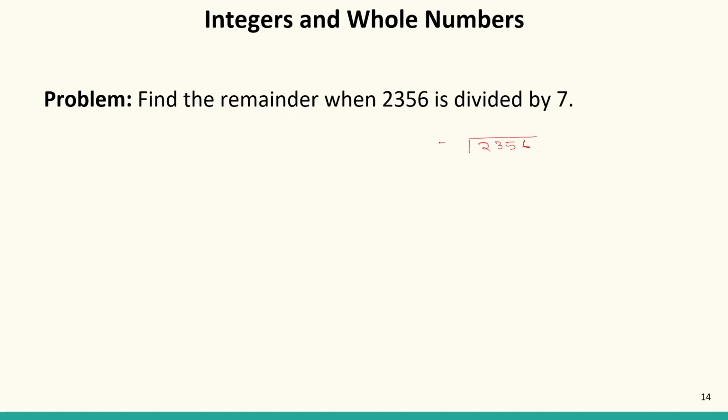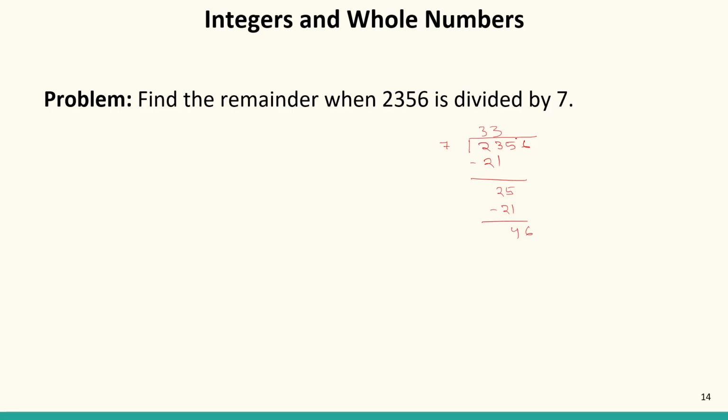So this is 7, right? So 7 into 3 is equal to 21. So here we get 5 down here, and then 7 into again 3 is equal to 21. So we get 4 down here, and then we get 6 down here, and we know that 7 into 6